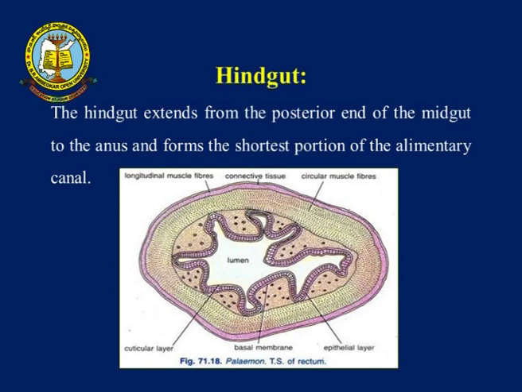So, completely they are going to take over up till the 6th abdominal segment, that is the midgut, and the hindgut extends from the posterior end of the midgut to the anus and forms the shortest portion of the alimentary canal. So, this is a TS of the midgut and the hindgut, and the hindgut is having many folds present in them for maximum absorption of the food that is little more present in them, and the maximum is excreted